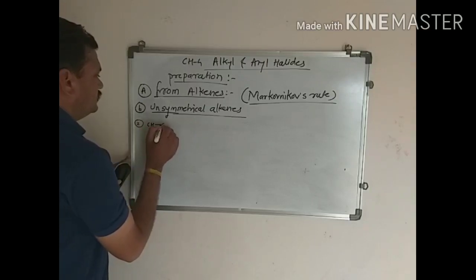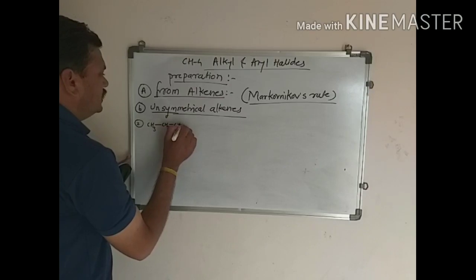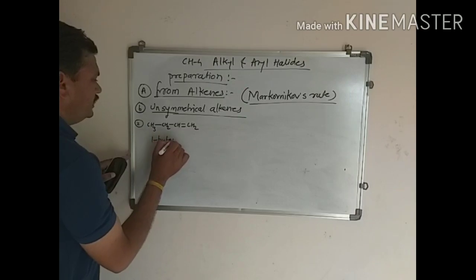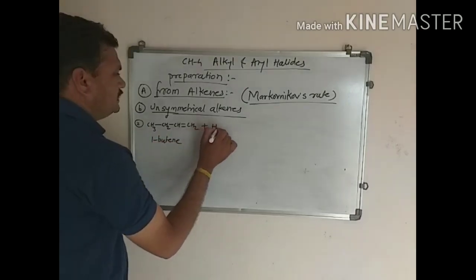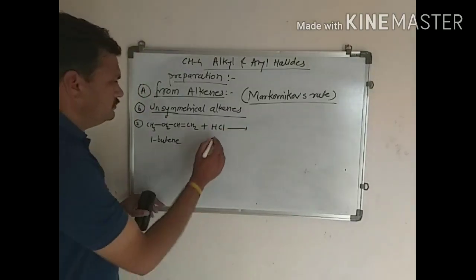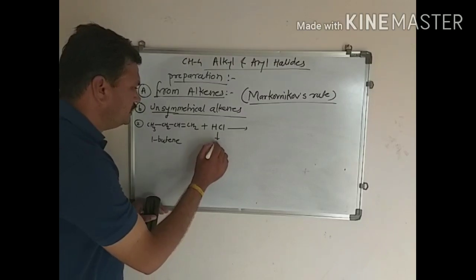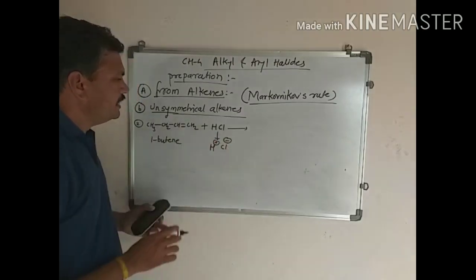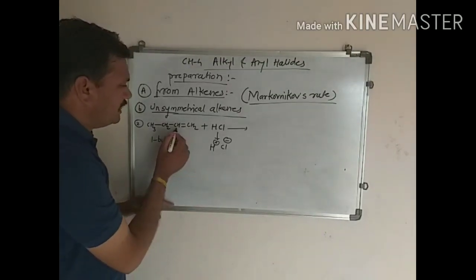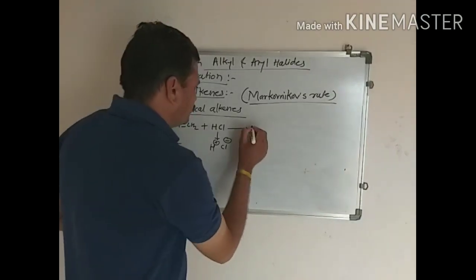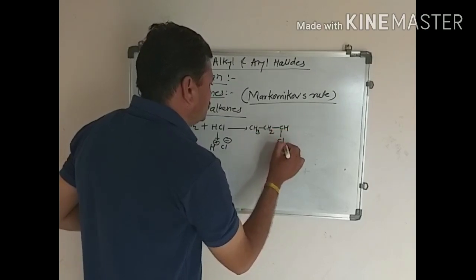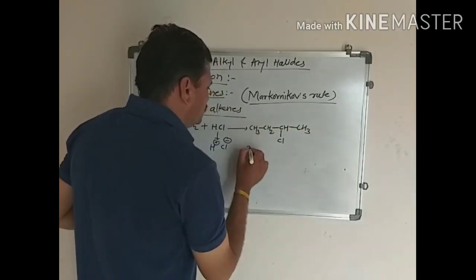CH3 CH2 CH double bond CH2. It is 1-butene. When 1-butene is treated with unsymmetrical reagent hydrochloric acid, then again it dissociates like H plus Cl minus. The negative part of this reagent attached to that carbon atom which carries less number of hydrogen atoms, and we get the product, major product: CH3 CH2 CH Cl CH3, 2-